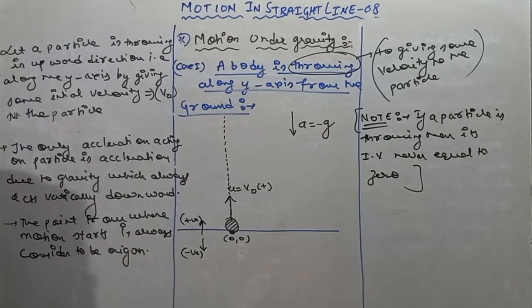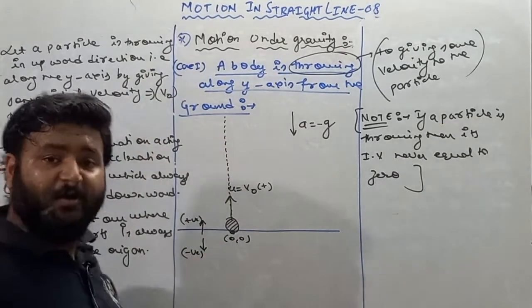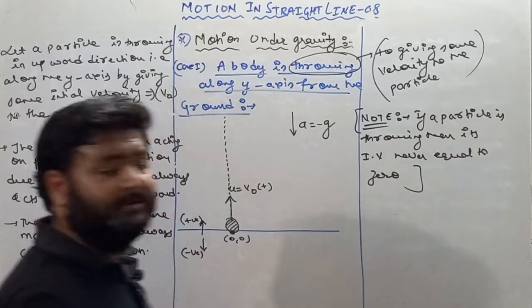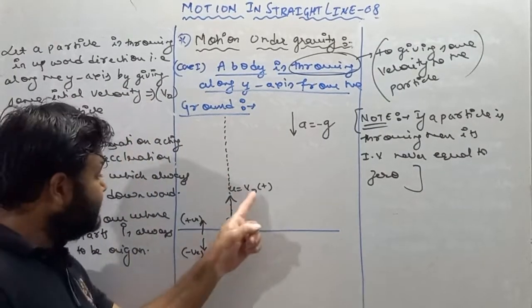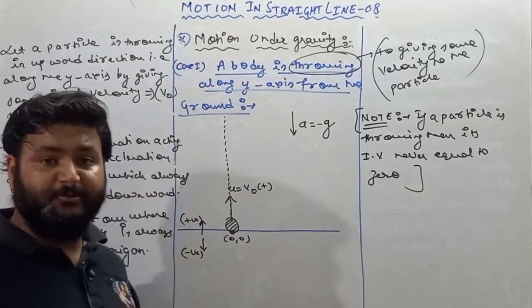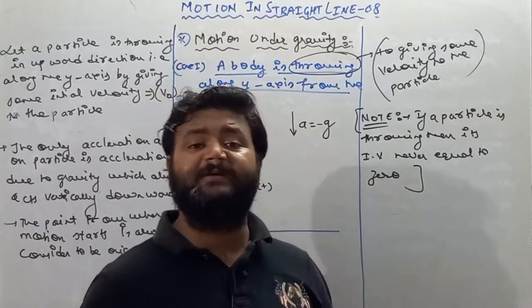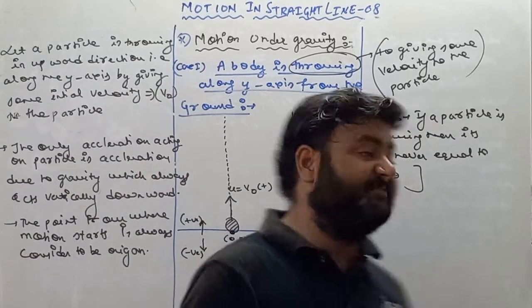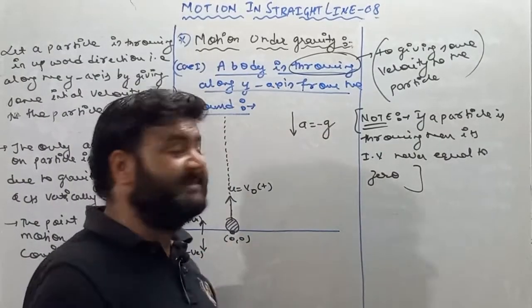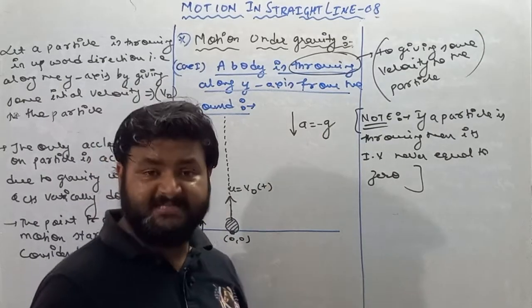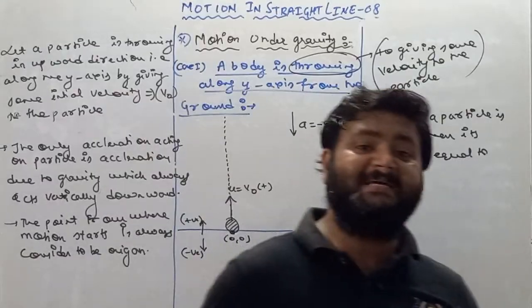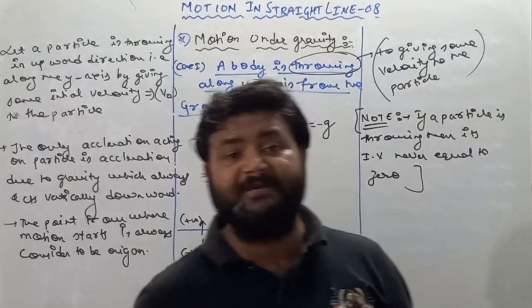And remember this thing my dear student, above origin all the values are positive, and below origin all the values are negative. That's why initial velocity is considered to be positive and acceleration due to gravity is considered to be negative. Minus g, you will always consider acceleration to be minus g if the motion is under gravity,